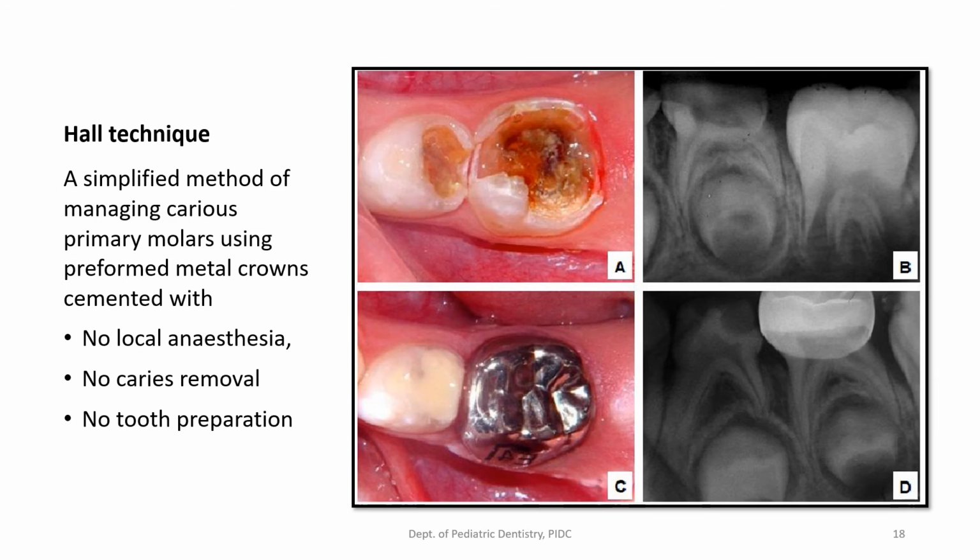So if you see here in the picture, this tooth has got a very big carious lesion, alright, and this one has got a smaller carious lesion, and this is the radiograph, so it's quite big, approaching the pulp. So what we can do is just put a stainless steel crown, and this is how it will appear. So we can use the GIC which is there in the stainless steel crown to fill up this as well. This concept is very similar to the temporization that we discussed a little earlier.